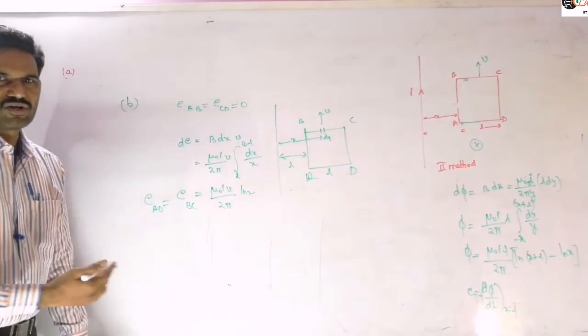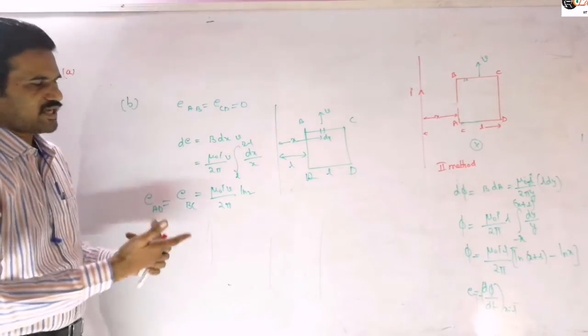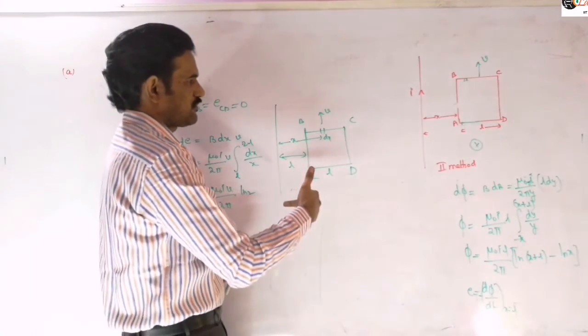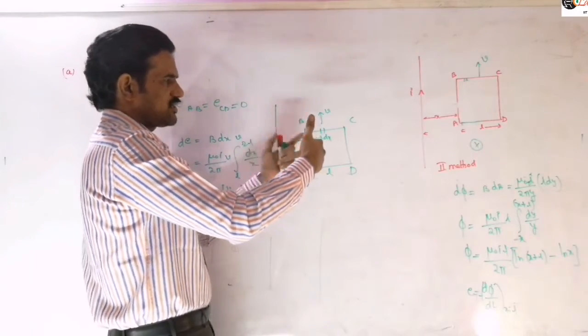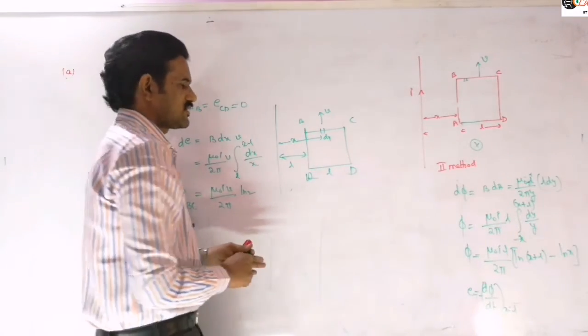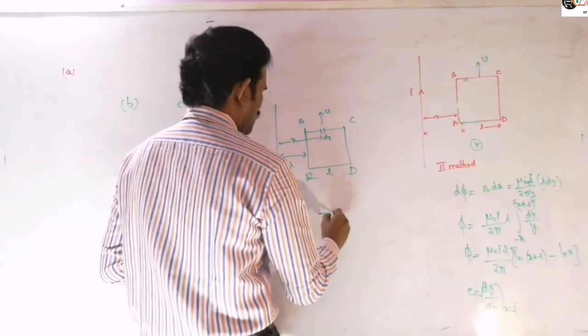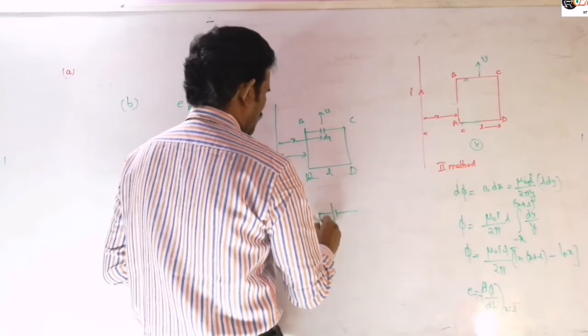Now those two are equal and opposite here. That means if you are applying this, the field is into the plane and the rod is moving here, so current is flowing from C to B. C to B means C will be at the lower potential here. So we can represent this circuit like this.